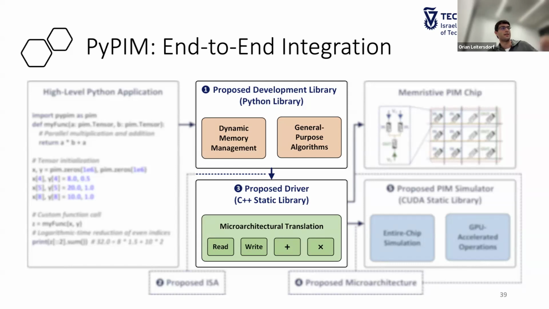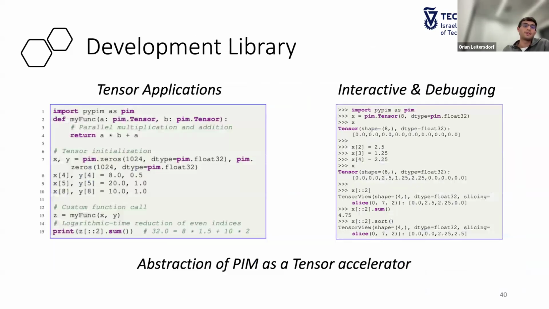And on top of that, we have the Python development library. The Python development library is converting our Python operations to the ISA. And now the goal of both of them is going to be to take very high-level Python operations as we saw earlier. So this can be tensor applications, such as performing a sequence of operations on tensors, a times b plus a, and then that's converted to operations that are performed at the micro operation level,